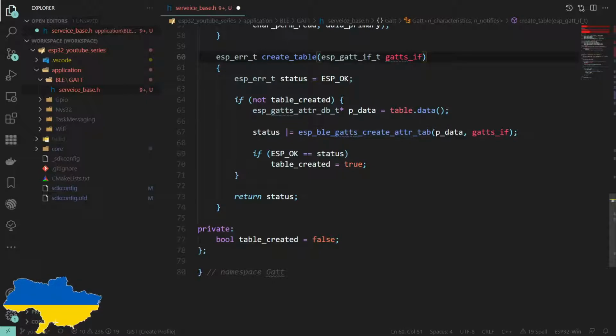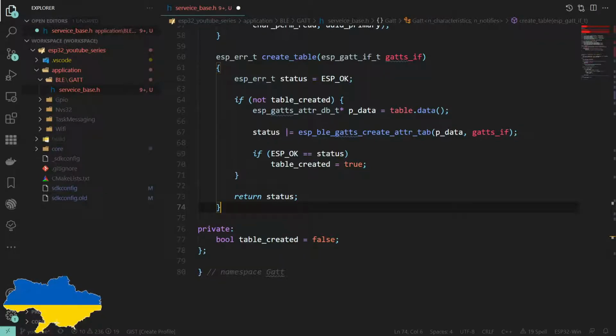Now we can't mark that noexcept because we don't know what goes on behind the scenes in there, so we won't do that. It can't be constexpr because again we don't know what's going on behind the scenes there. Almost certainly runtime stuff. So we created the table in the IDF.